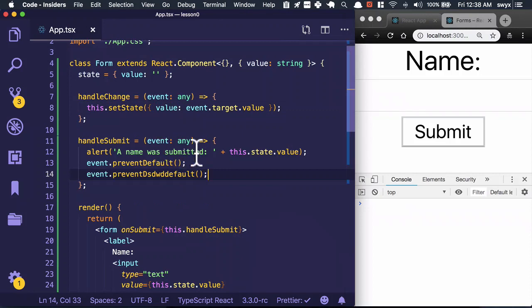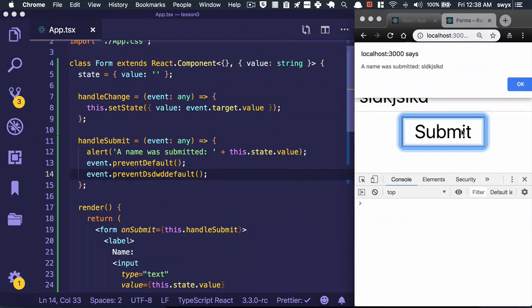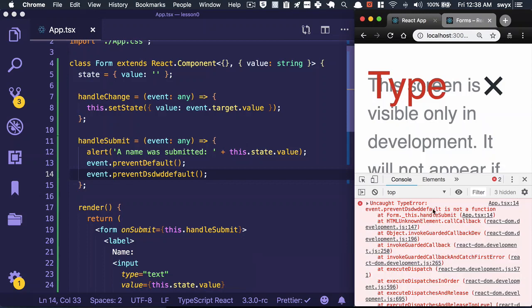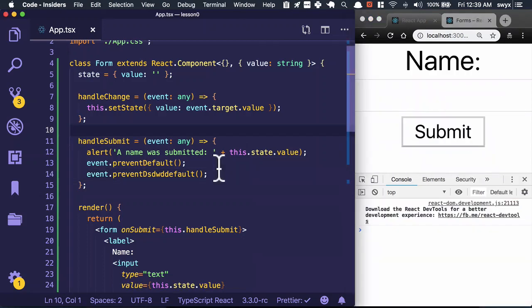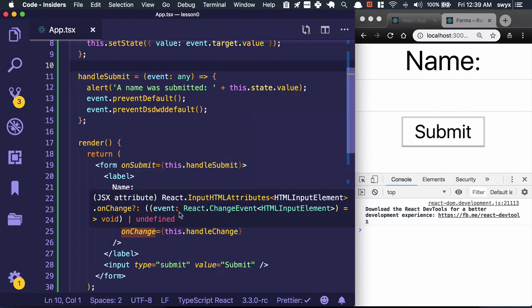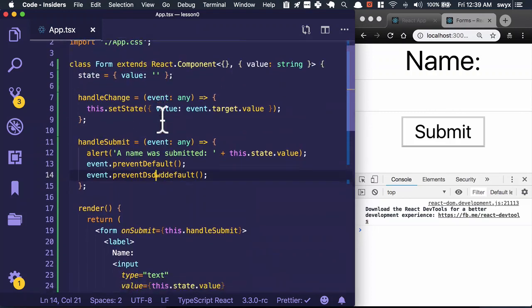However, leaving the event type as any allows mistypings like this, which causes issues in actual runtime code. Here we have an undefined is not a function type error. In order to type the event, we can often look to the event handler on the native DOM element. So for example, the onChange event over here tells you that it expects a type of React.ChangeEvent HTML input element. So we can basically just copy that and paste that into our change handler